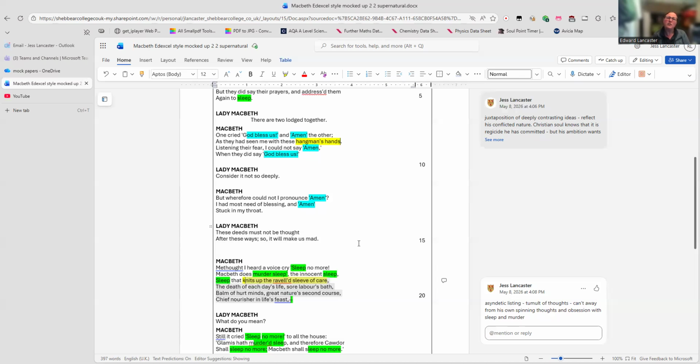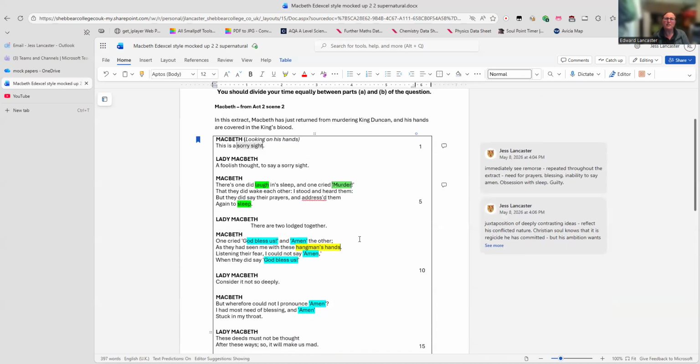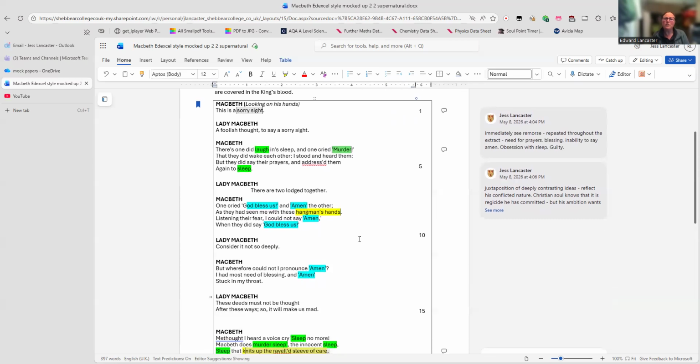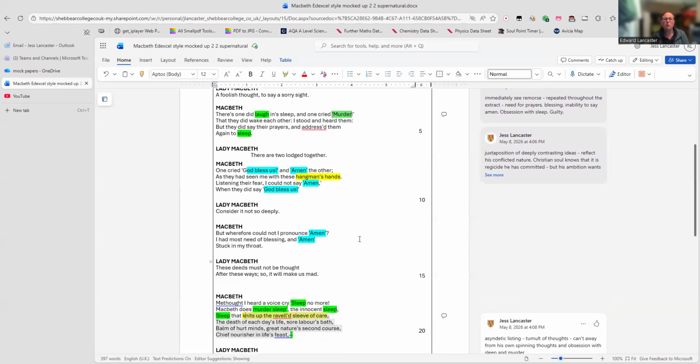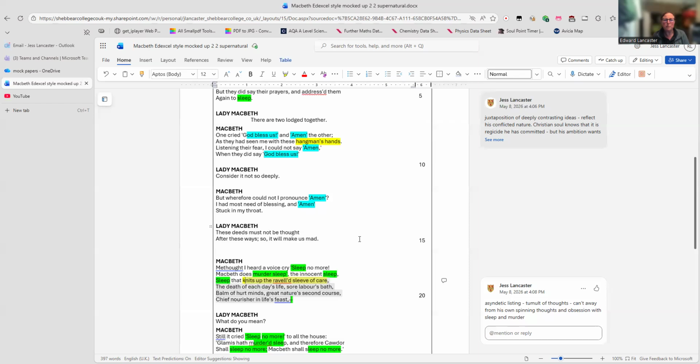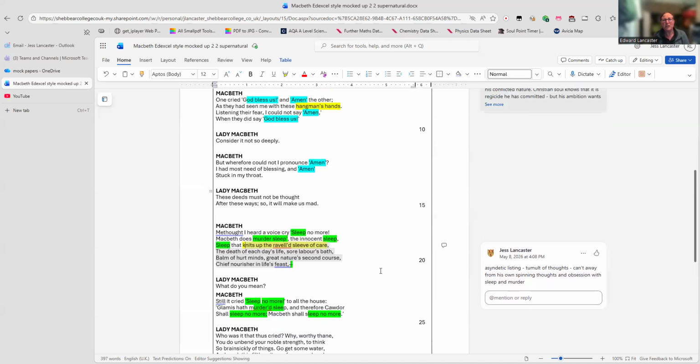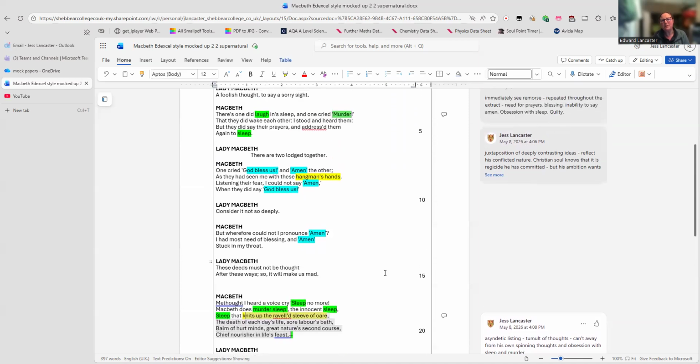So if you are to go through this extract then and write your little section A answer, you can see a Macbeth who has already fallen to pieces because of the guilt and remorse and the understanding of the depth of the sin that he has committed. He's obsessed with murder. It's repeated and repeated throughout the extract. He's obsessed with needing blessing. It's repeated and repeated. And he's obsessed with the loss of sleep. It's repeated and repeated. Shakespeare's making heavy use of repetition in several different places in order to communicate the idea